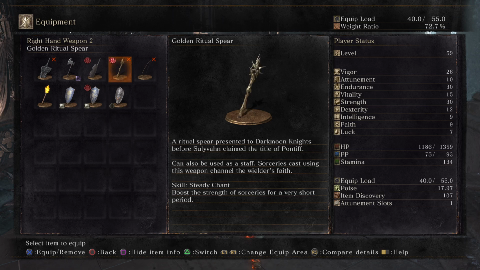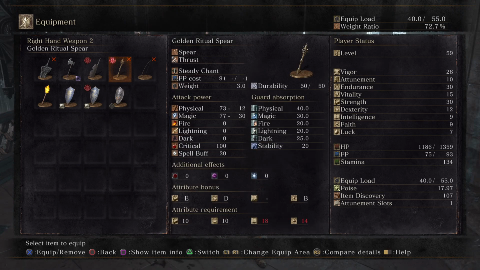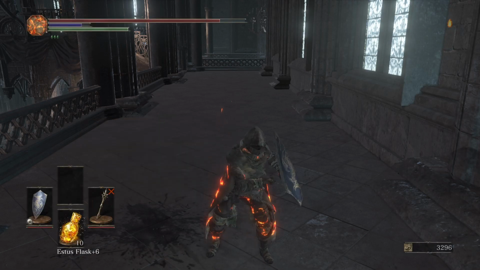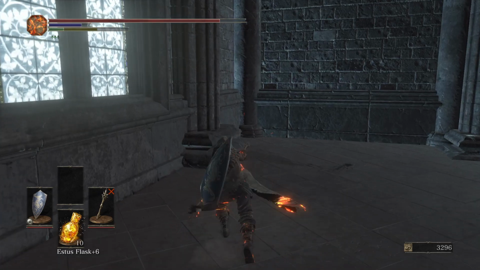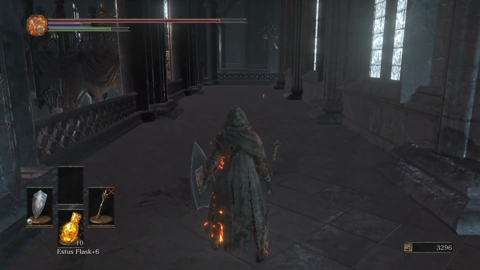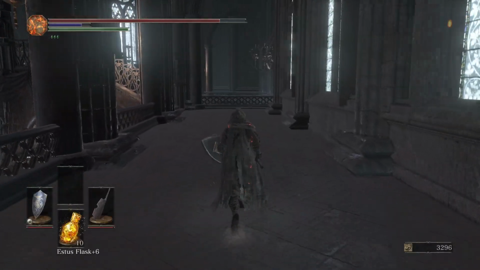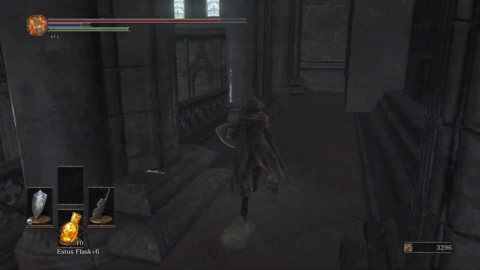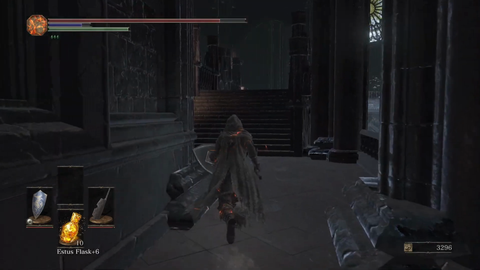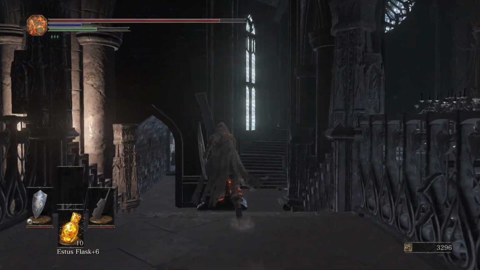Does magic damage. Can also be used to cast sorceries. So it's a dual use weapon. You obviously get a little poking guy, but you can also cast spells with it. So if you're a caster, maybe that's good. I have no clue about caster gear. So, anyways, now that this is all cleared out and that mimic's gone, this is just a shortcut for you,